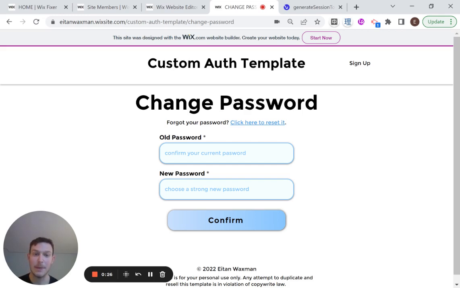password experience. So if you're familiar with Wix, the change password experience is quite limited. And it all has to be run through Wix using an email to your members, which is sometimes branded. And you might want to create something like this where you can let users just change their password on the website itself. So, for example, take an old password and put in a new password and confirm. And Wix currently does not offer this, but using Wix code, we can kind of circumvent the Wix system and